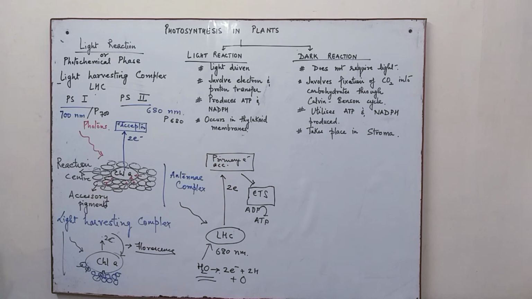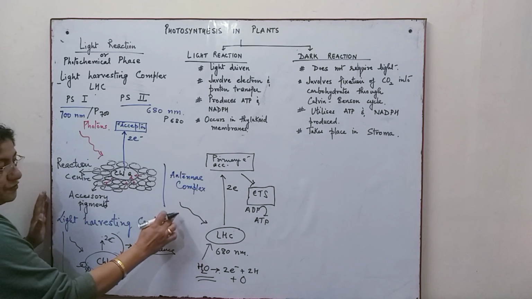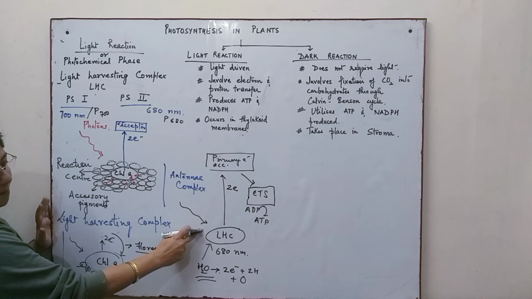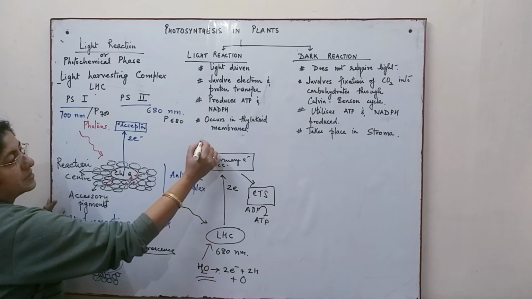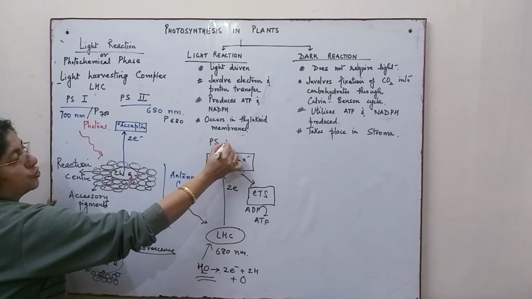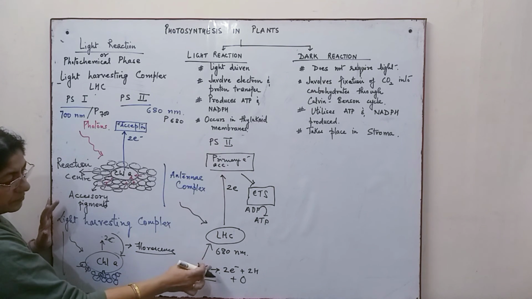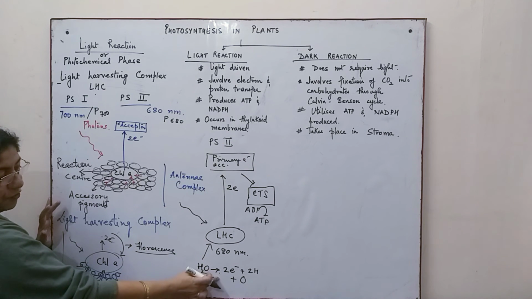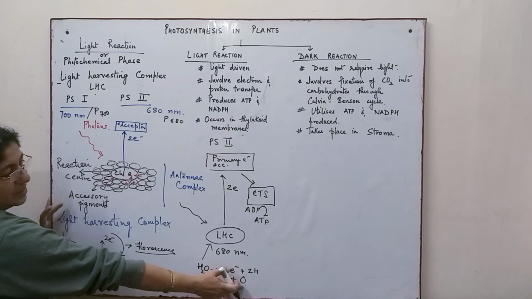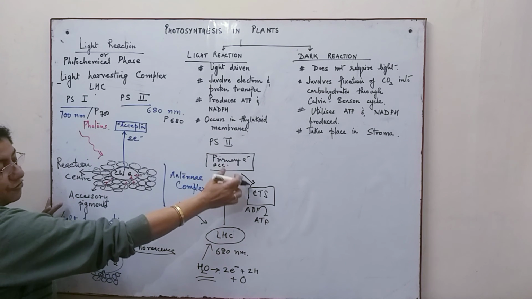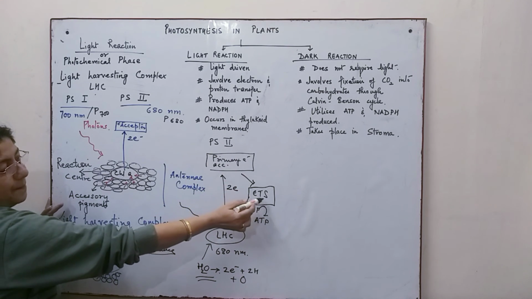There are different types of photophosphorylation which we'll study in a subsequent video. Here, after the light has been absorbed by the light harvesting complex at 680 nanometers, that means PS2, and the splitting of the water molecule produces oxygen as the product of photosynthesis, the electrons are released,